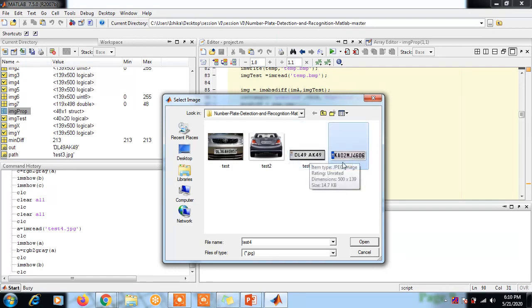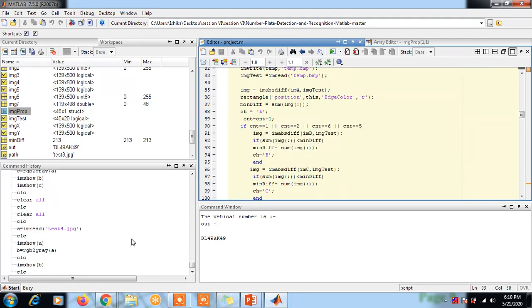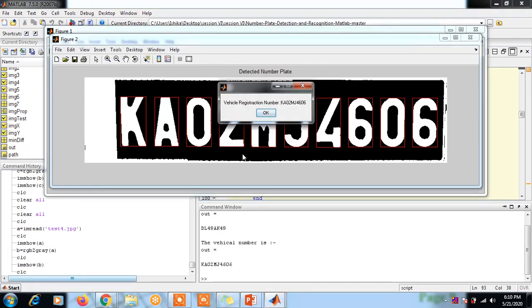These two images have some differences. This is DL49 AK49, here KA02 MJ4606. We'll check this image because it has 4 numbers after the characters. Select the image, wait, it shows busy.